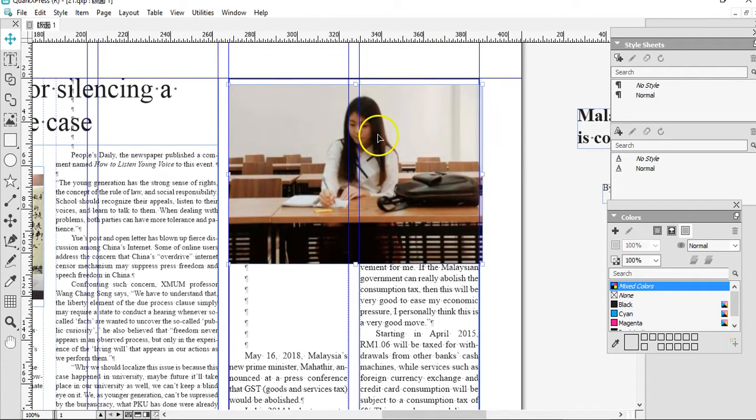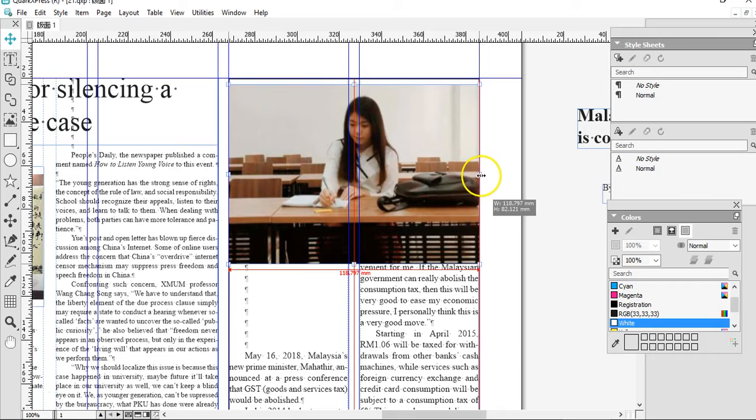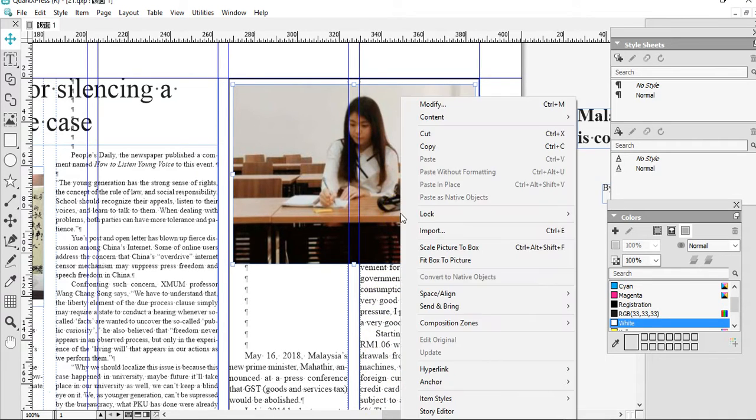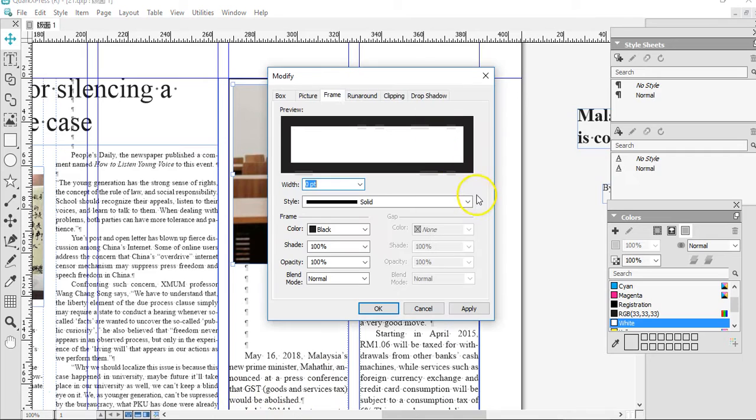But anyway, we need to get the photo in tighter, so I'm going to do some additional cropping. And so the photo's inside the graphic box. Again, I don't exactly understand why this photo is the one being used, but we need a runaround. Some of the text is going underneath it, so we need to choose the runaround. Again, we're not seeing the tools down at the bottom of the page, so I'll use the modify tool with the right click. And we have item. We want it to